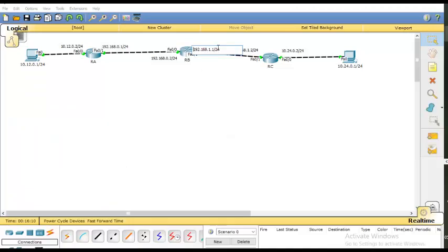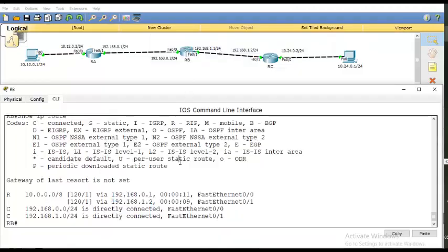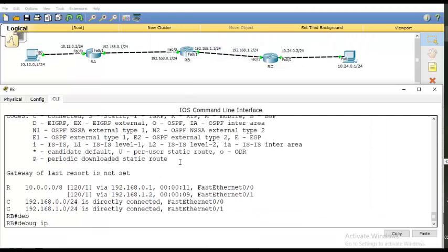Yes, I can show you. Debug IP RIP. Debug is a command that will dig deep and show you the actual conversation that goes on behind the screen, like advertisements, so that if there is any bug, you can fix it. The actual advertisements that RIP is sharing between the routers are not shown by default,